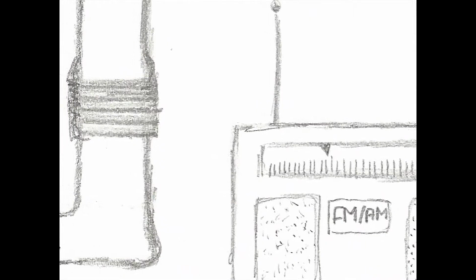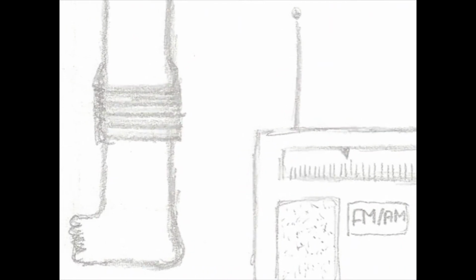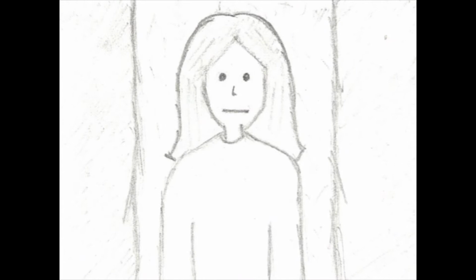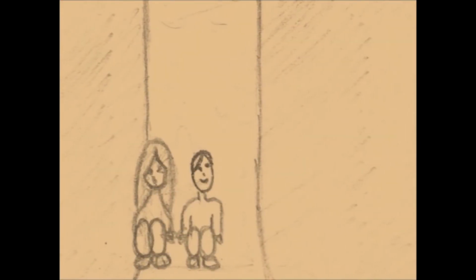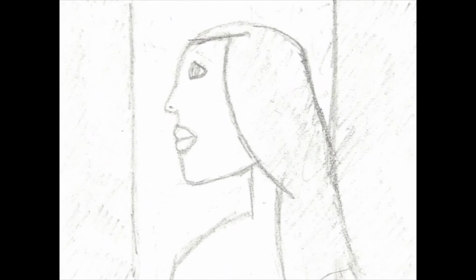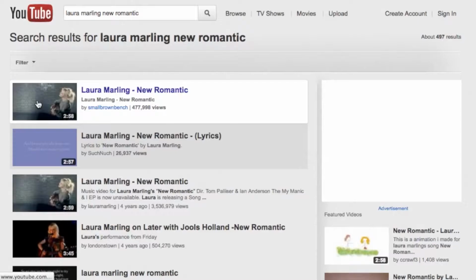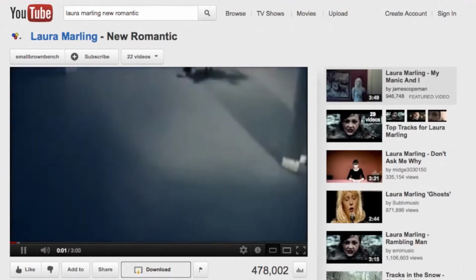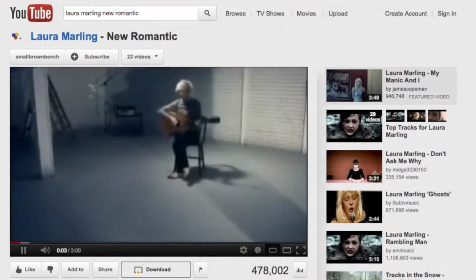I found this much more helpful than a normal storyboard, as it made it much easier to decide on how I was going to edit the real thing, and helped me identify some areas that I failed to look at during planning, such as if folk music videos follow the conventions of having lots of close-ups of the artist's face to help promote them. As well as this, I searched YouTube to find other music videos with similar concepts to mine, such as Laura Marling's New Romantic, to see how it was filmed and get inspiration when it came to